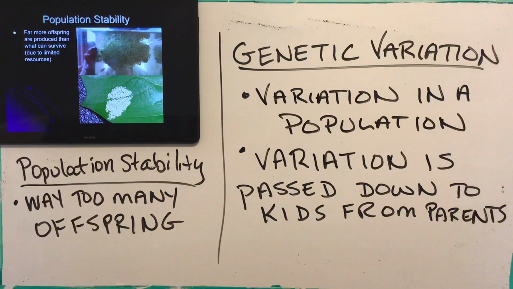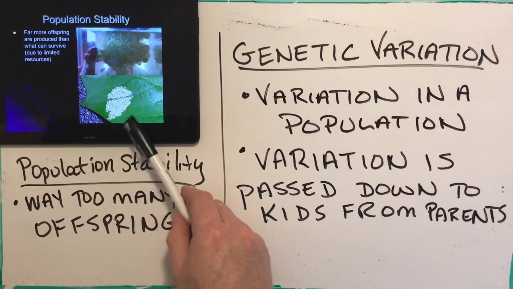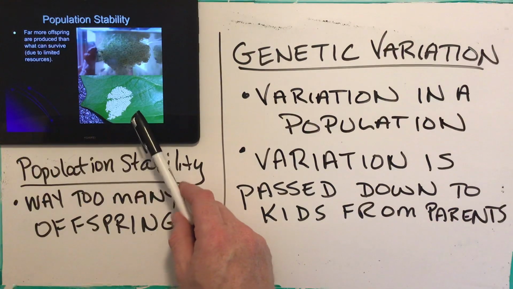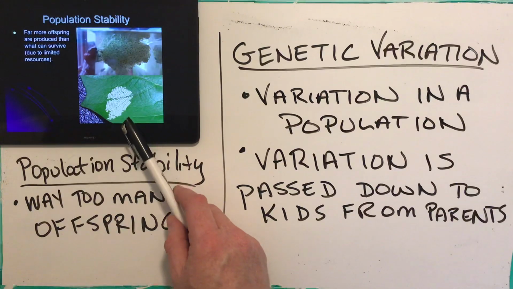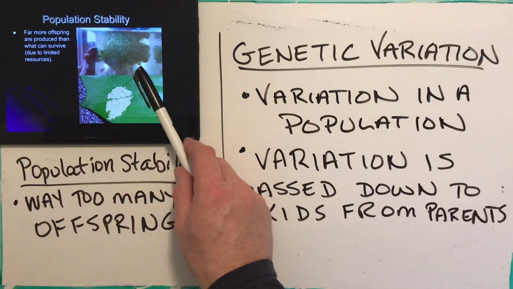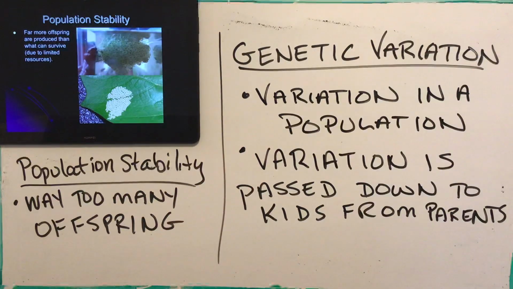Tons and tons of offspring. Insects are masters of it. We can see some insect eggs here, right? 2 insects, a mom and dad insect, made all these eggs. Just like these fish eggs here, there's tons of them. 2 fish making hundreds and hundreds of eggs. So if that was the case and they all survived, you'd be able to walk across the ocean because it'd just be fish everywhere. Most of the offspring are going to die.